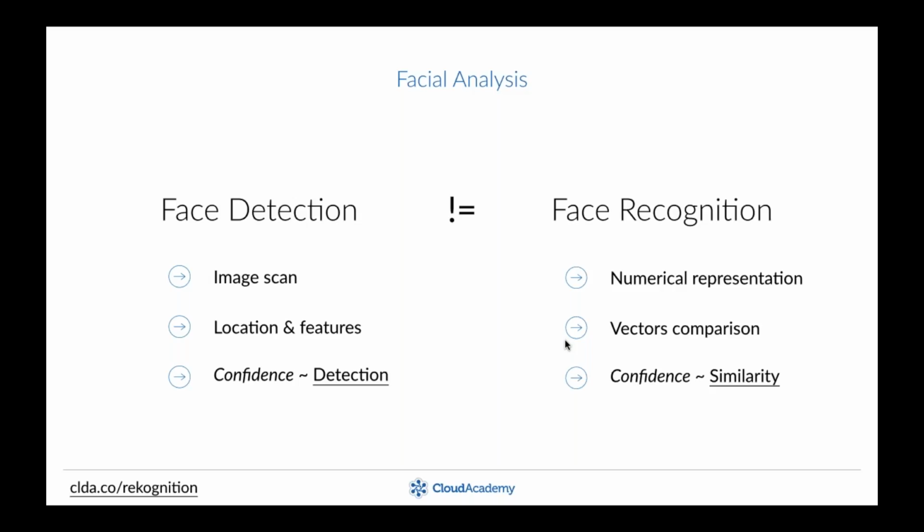So the result of the API will be the location and the landmarks and, let's say, the features of the detected faces. So this is all about detecting if there is any face, where it is, and more or less how confident you are with the detection and how confident you are with the